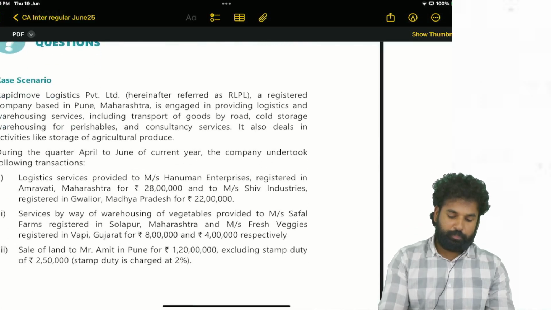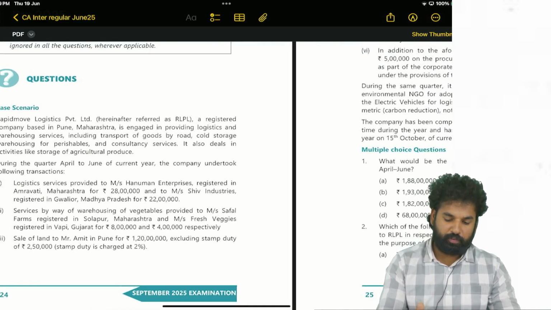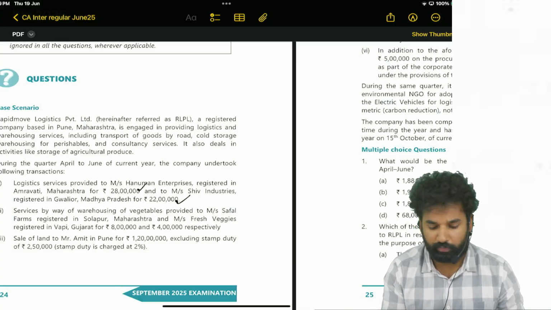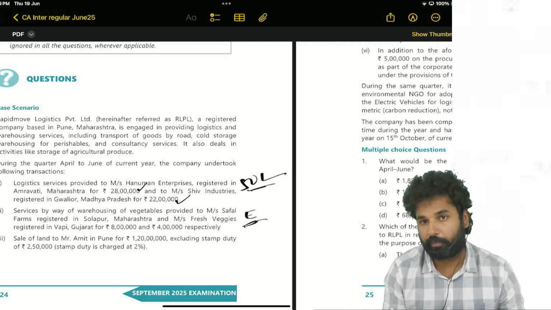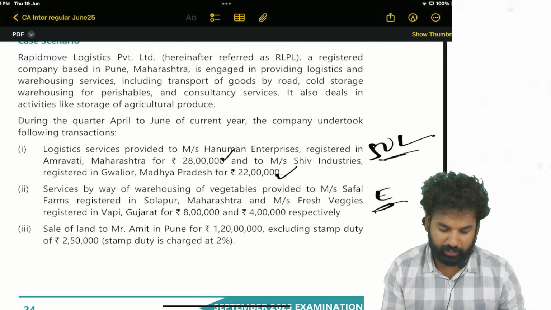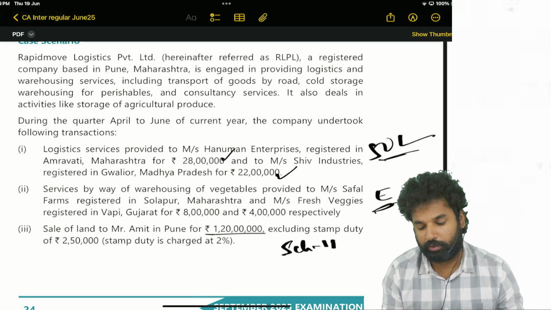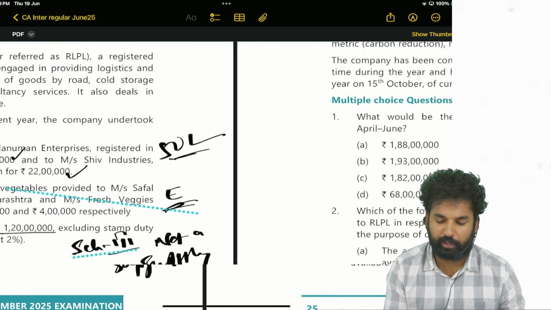What is the turnover? First, this shall be considered, 28 lakhs. 28 lakhs shall be considered or not? 22 lakhs? 50 lakhs totally. Next, this is exempted. Vegetables exempted. Okay, next, 1 crore 20 lakhs, Schedule 3. This is not a supply. Not supply. This is exempted, this is not supply. So 50 lakhs. Next,